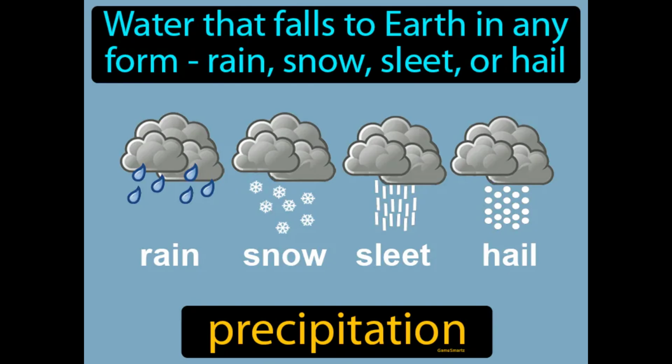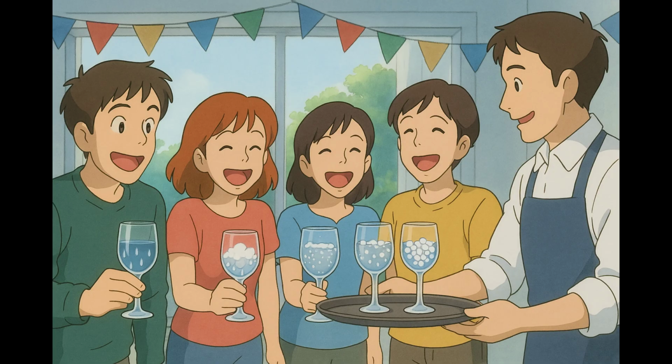Water that falls to Earth in any form, like rain, snow, sleet, or hail. Precipitation. Precipitation is when water from clouds falls to the ground as rain, snow, or ice. Imagine you're at a party with a variety of drinks being served, but you're not sure what you'll end up